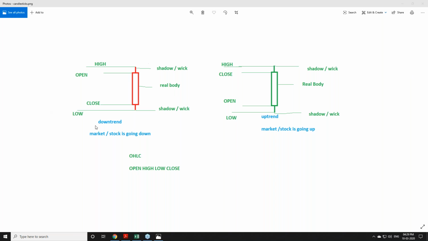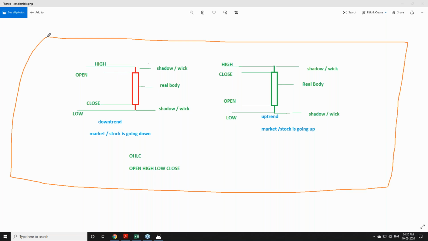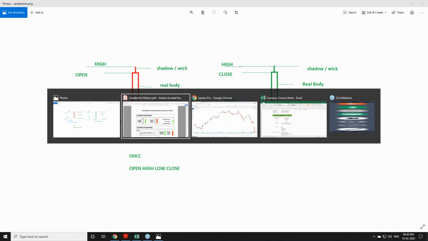The right way to study candlesticks is the daily time frame. That is the most reliable for delivery or positional trading. When considering currency, we can go with the 15 minutes time frame, but the logic is the same. Either a daily time frame or a 15 minutes time frame, the core logic, the properties and the anatomy of the candlesticks are going to be the same. Okay, so coming back,